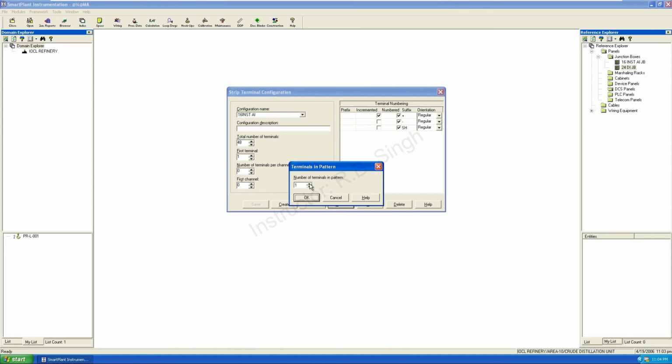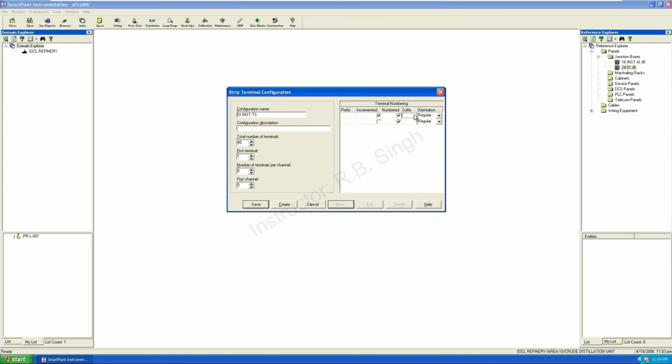The number of terminals in patterns will be 2 in this case, and this will be the DI INST TS, and the number of total terminals will be 48 in this case also, and the first terminal will be 1